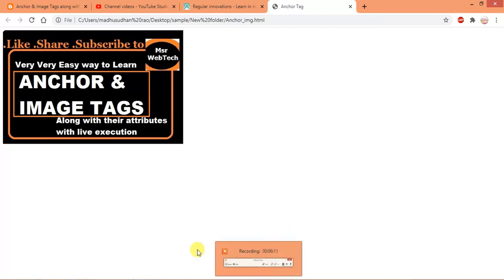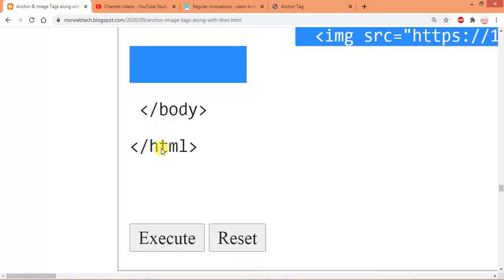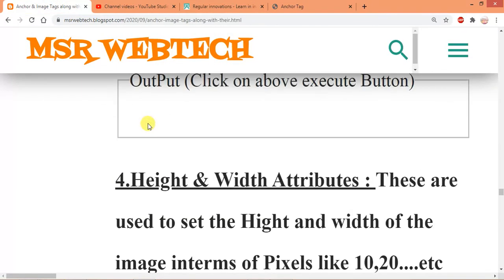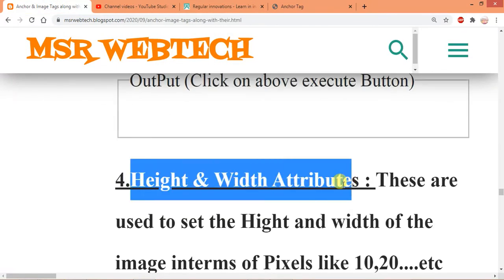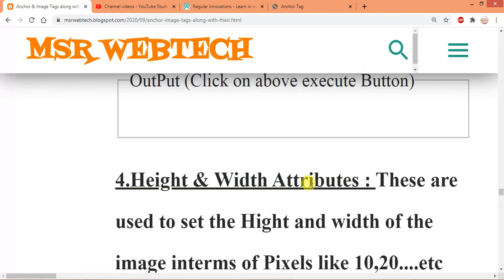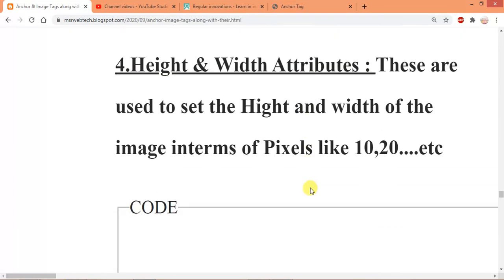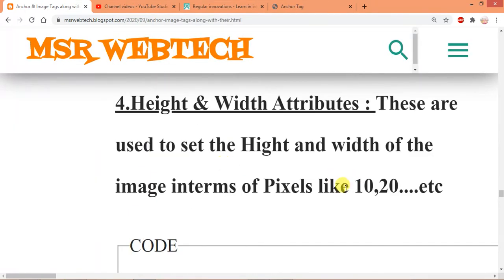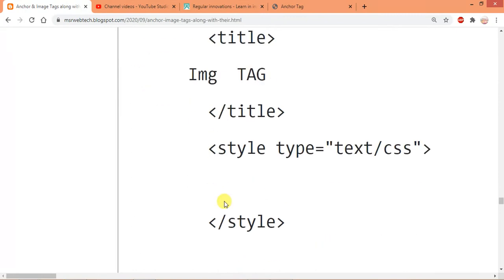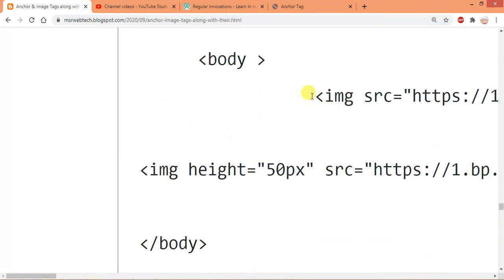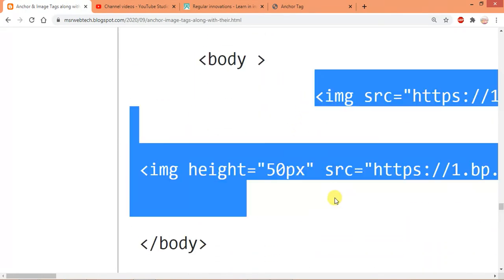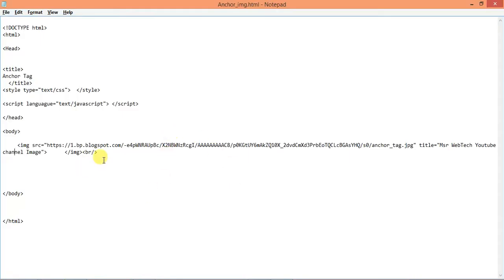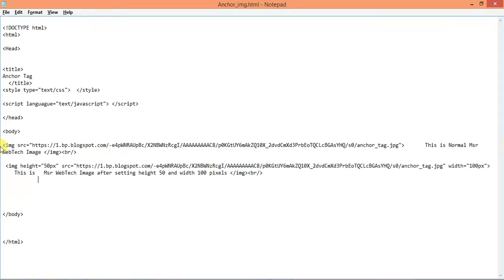The next attributes will be height and width. Height and width attributes are used to set the height and width of the image. Their values are in terms of pixels, starting from 1 to infinity. For example, here I am not giving any width or height attribute.